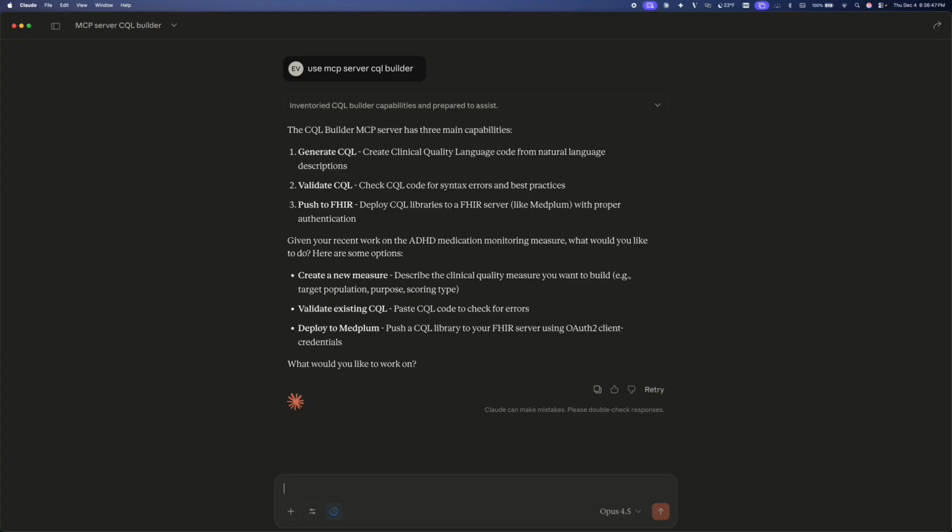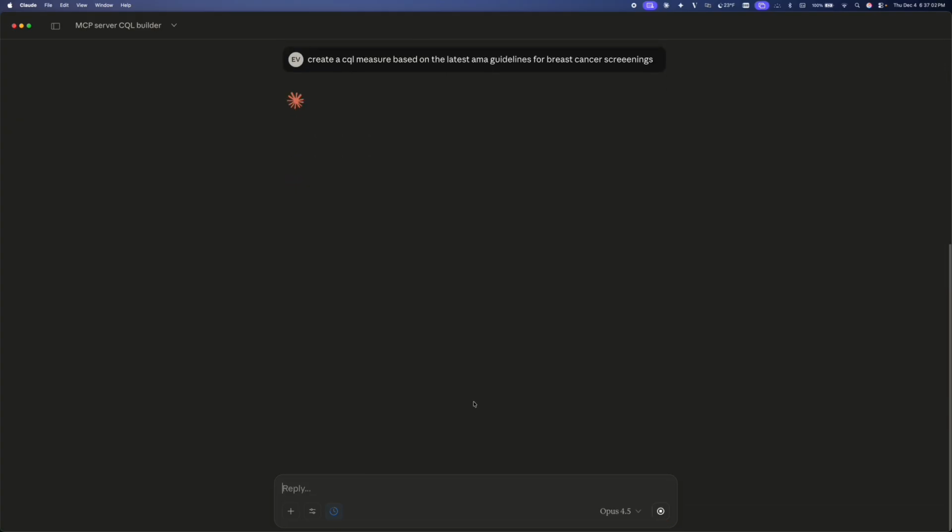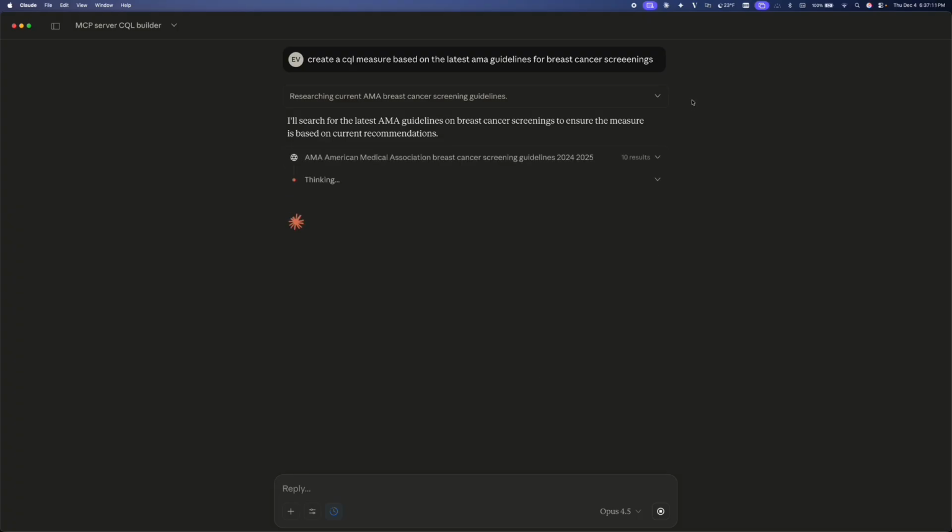So I would like to create a CQL measure based on the latest AMA guidelines for breast cancer screenings. It does the research on what the latest guideline is from the US Preventive Services Task Force.